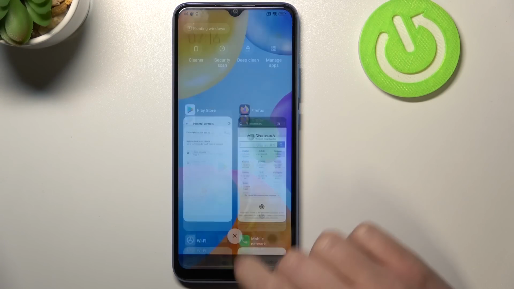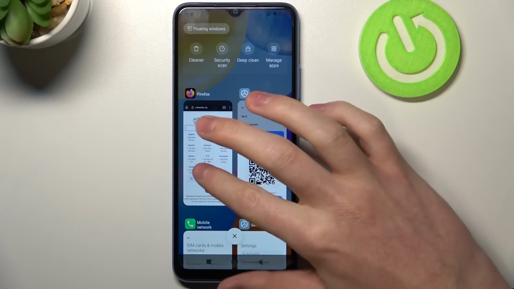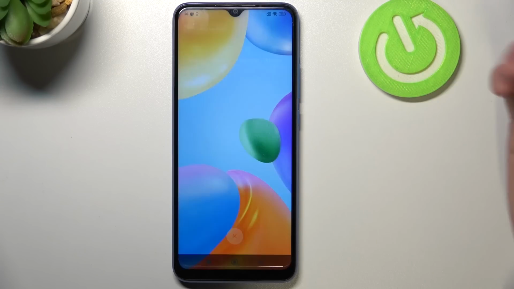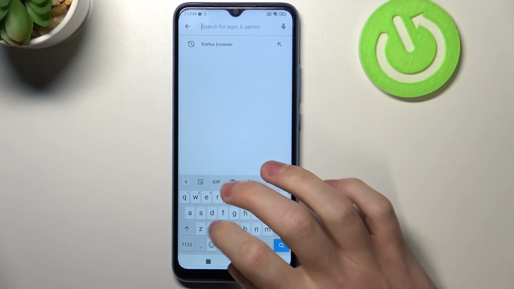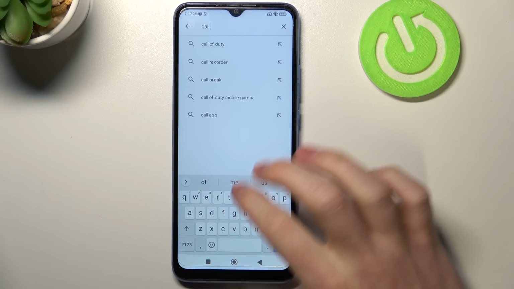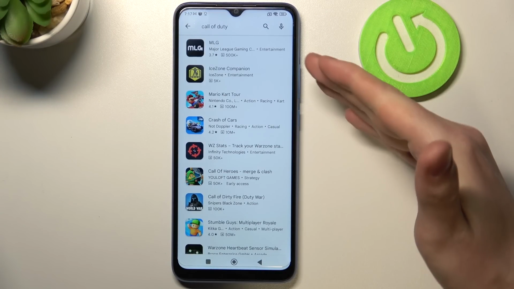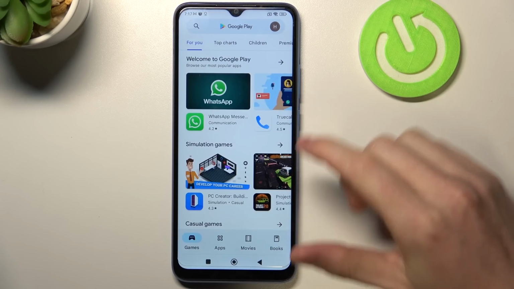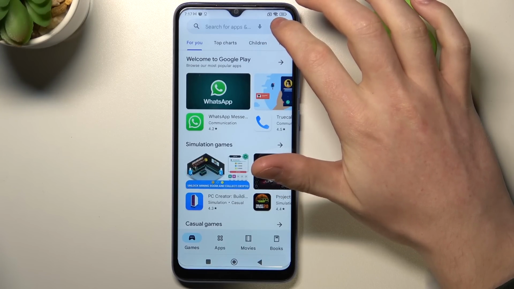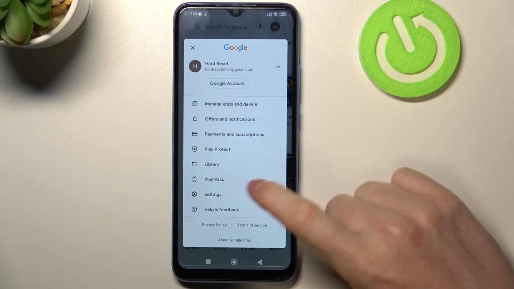Hello, in this video I'm gonna show you how to fix the problem when you want to install Call of Duty Mobile but you can't seem to find it on your Google Play Store. So right here I'm gonna search for Call of Duty, and as you can see there's no game that we can download. And now to make it visible we'll need to go back, press on our profile icon and move